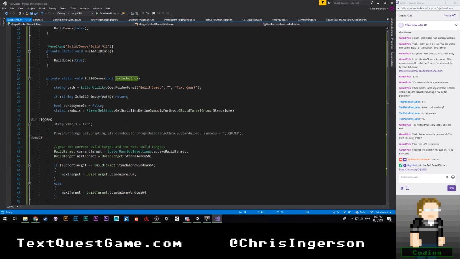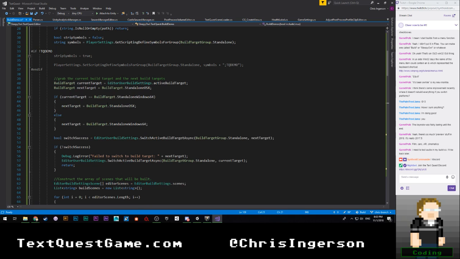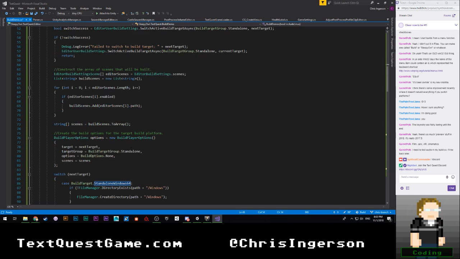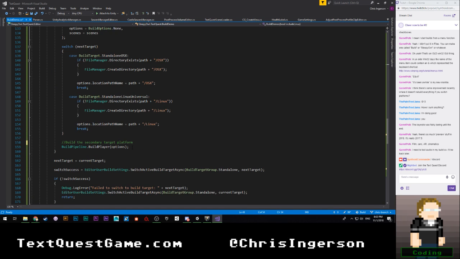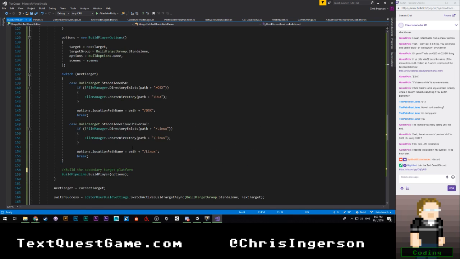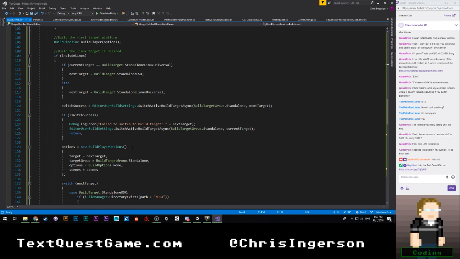Specifically, the way I have this set up, if you are targeting Windows when you start this process, it will switch over to target OS X, which is Mac. And if you're targeting anything else, it will switch over to Windows. But what that means is that if we get to the end, and let's say I was targeting Linux for some reason when I did this, it will make a Windows build and a Linux build, not a Mac and a PC build. So what I want to do here is say,